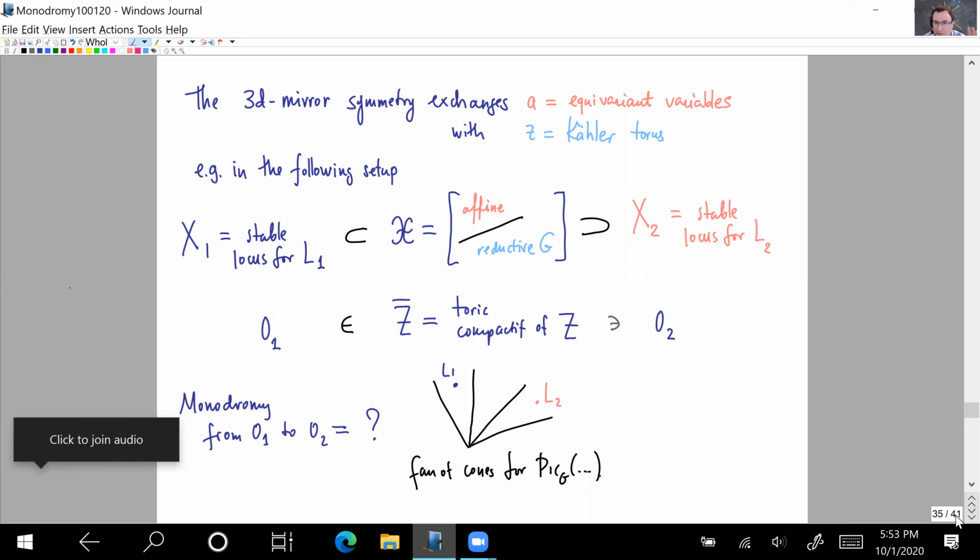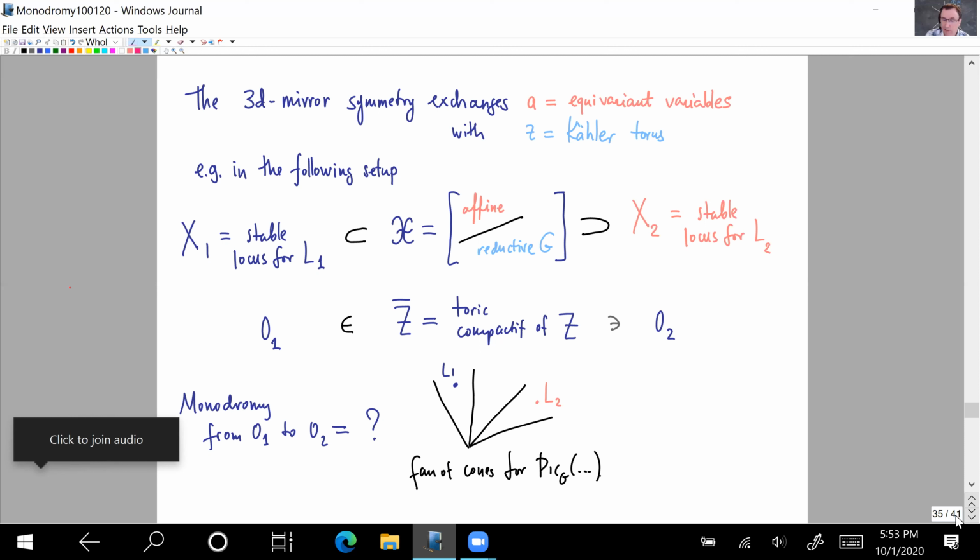This should remind you of the picture you've seen on one of the slides before: I can have some quotient stack of the form affine algebraic variety modulo a reductive group. And then for different choices of stability condition, I have two different stable loci. And correspondingly, I have two different points in the toric compactification of my Kähler torus that correspond to these two stability conditions,